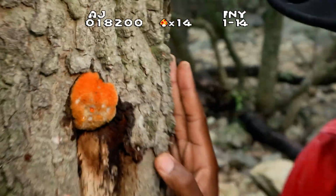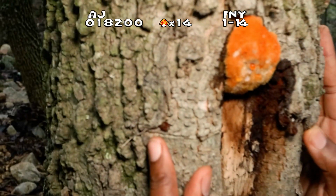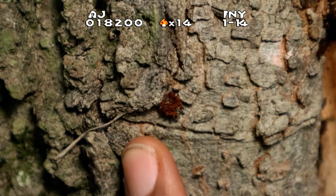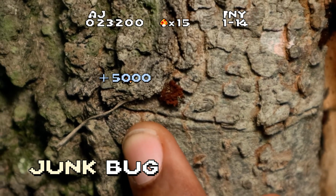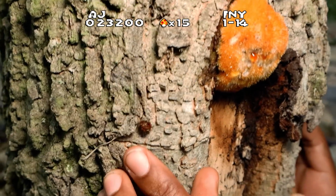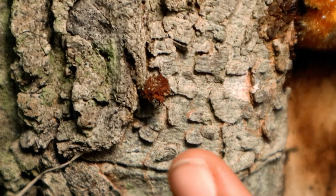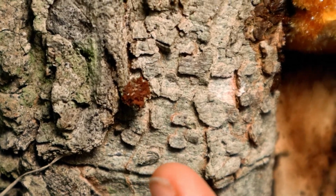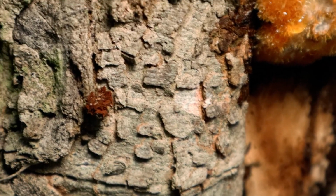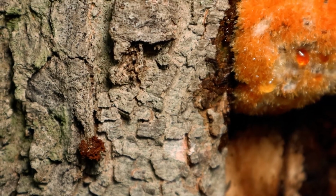This is interesting right here. See this little bug right here? Don't let it fool you. It's alive. They're called a junk bug. Junk bug. See if I touch him, look. Look at him. See him moving? He's carrying all that junk on his back. That's the camouflage. And he's going to use that to make like a nest and turn into, I don't know